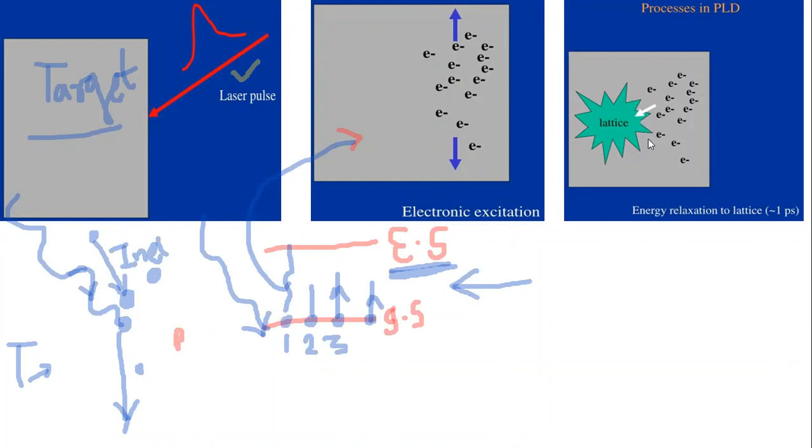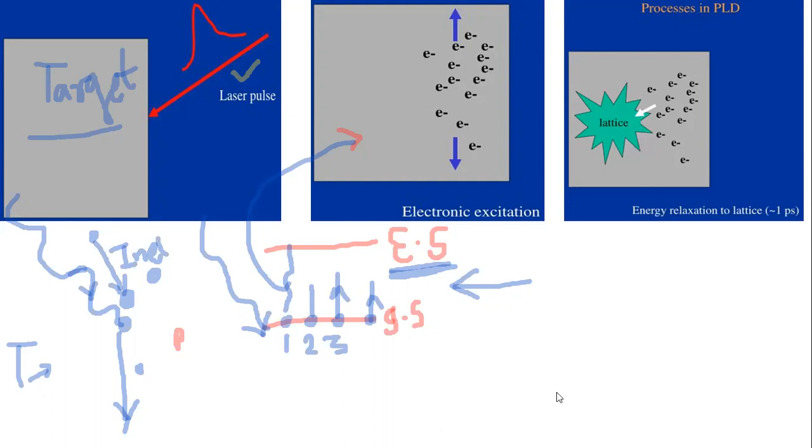Lattice means the other atoms of the targeted material. There are various numbers of atoms and particles present inside the targeted material. If we consider a copper material, inside the copper material there are an infinite number of copper particles or copper atoms present, so we can say a lattice was created.